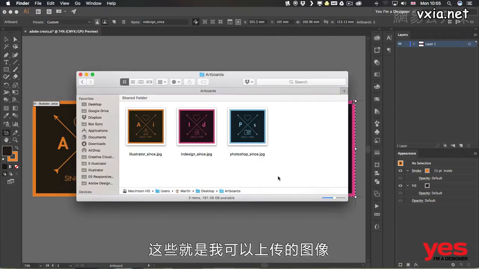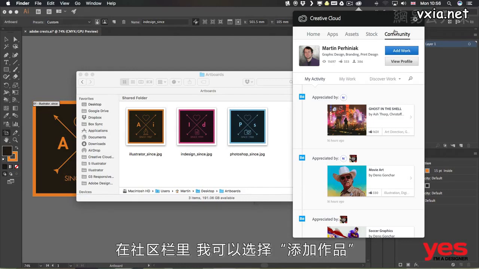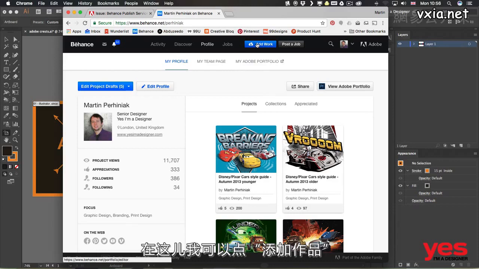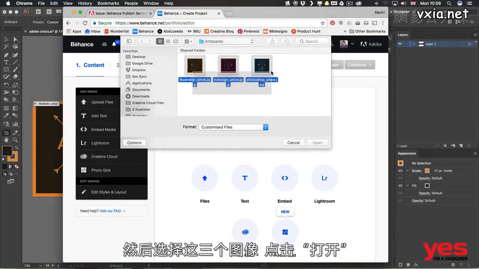So these are my images that I can upload. Normally what I would do is go to the Creative Cloud application, and under the Community tab, I can choose Add Work. This takes me to my Behance account in a browser, where I can choose Add Work. Once I'm in the project editor, I just have to use the Upload Files option and select those 3 images,